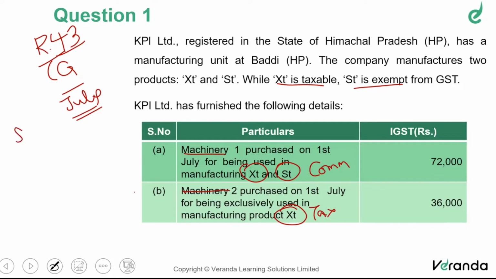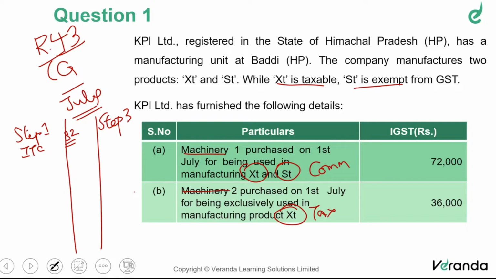Therefore, let me call that step 1. We'll find out how much ITC to be availed in the current period, that is July, step 1. Then having seen that, now we'll do one thing. So step 1, when I say there are 6 missionaries given here, so missionary 1 should be availed during the current period, yes or no, like that we'll try to analyze. Then step number 2, I'll just keep it pending for now. I'll explain when I come to one of the missionaries. Then step number 3, I'll explain now, so it is very much understandable now itself.